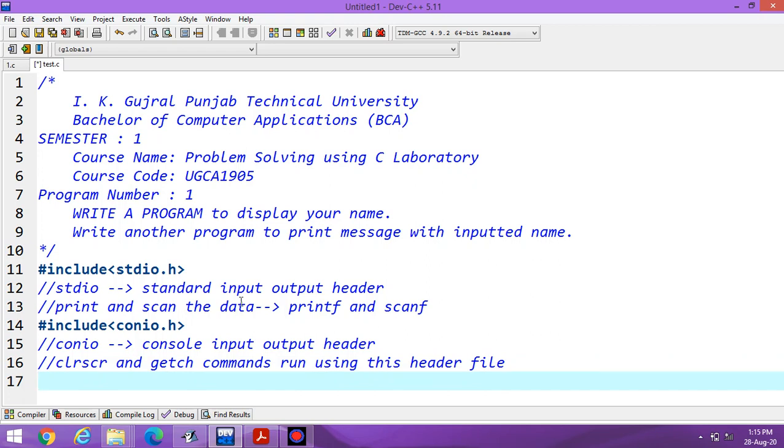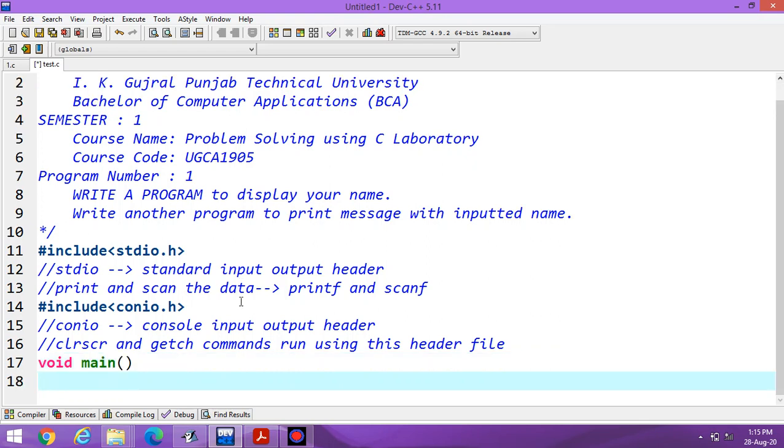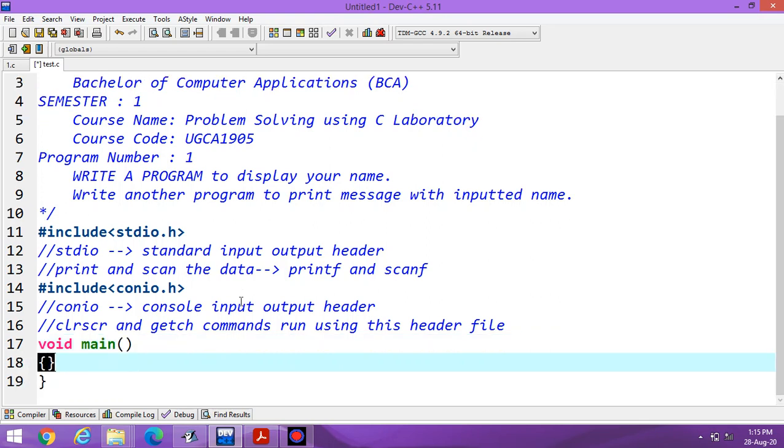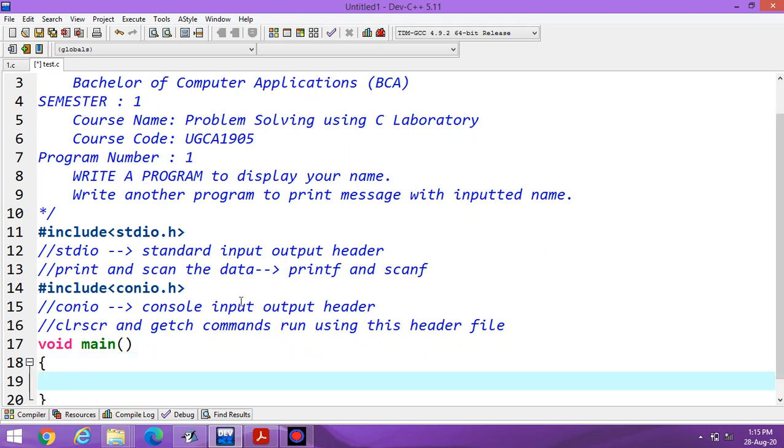Now to start with the program, we have to write one main function. Main is required in every C program, and void means it returns nothing.